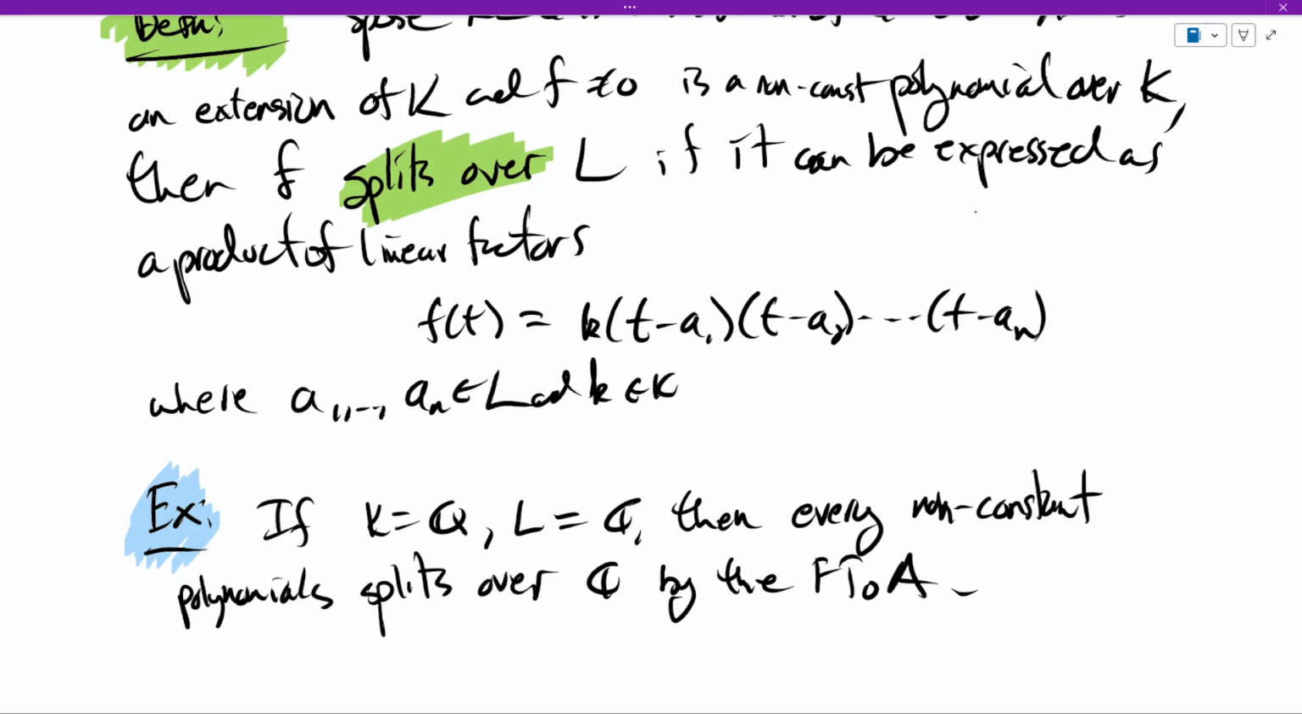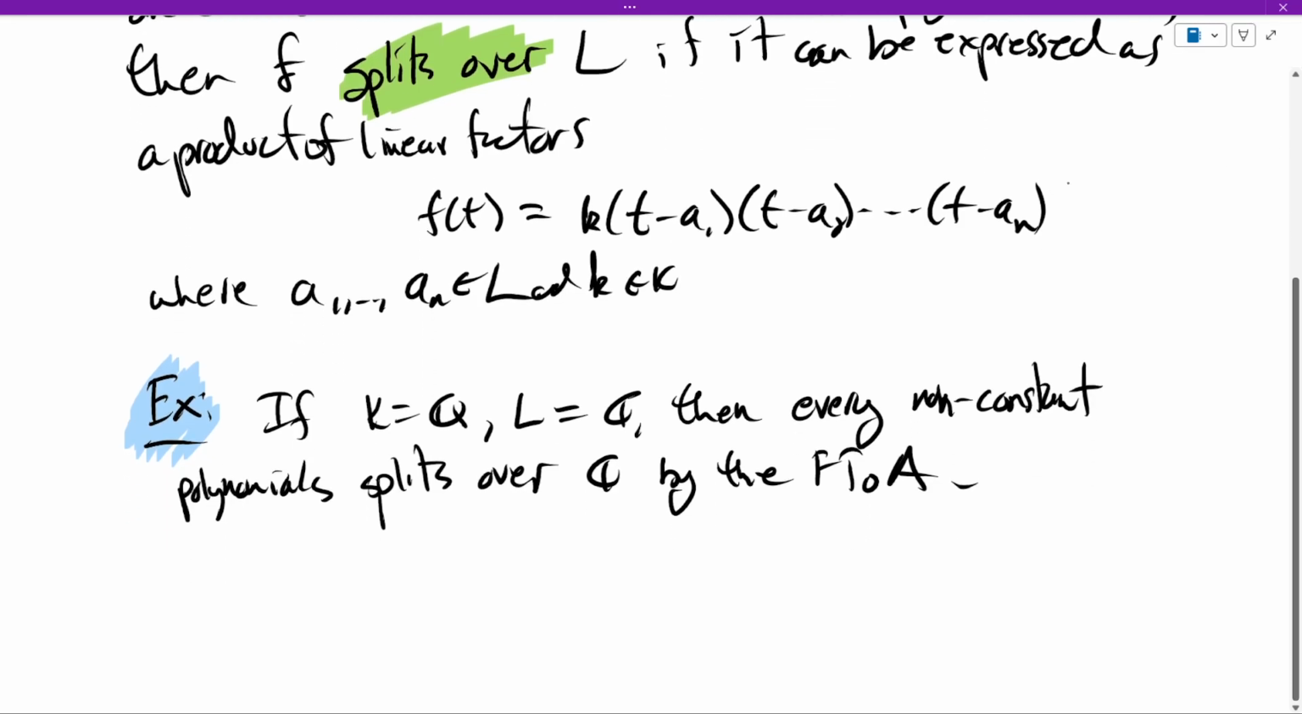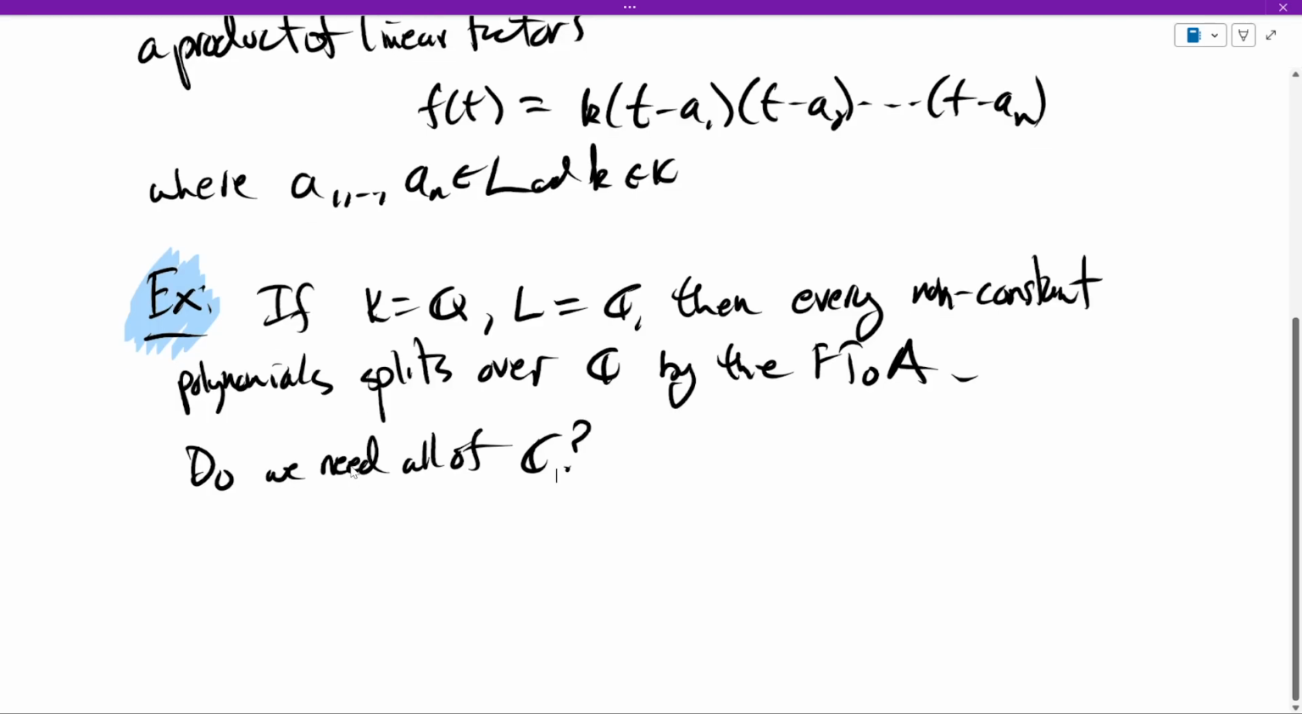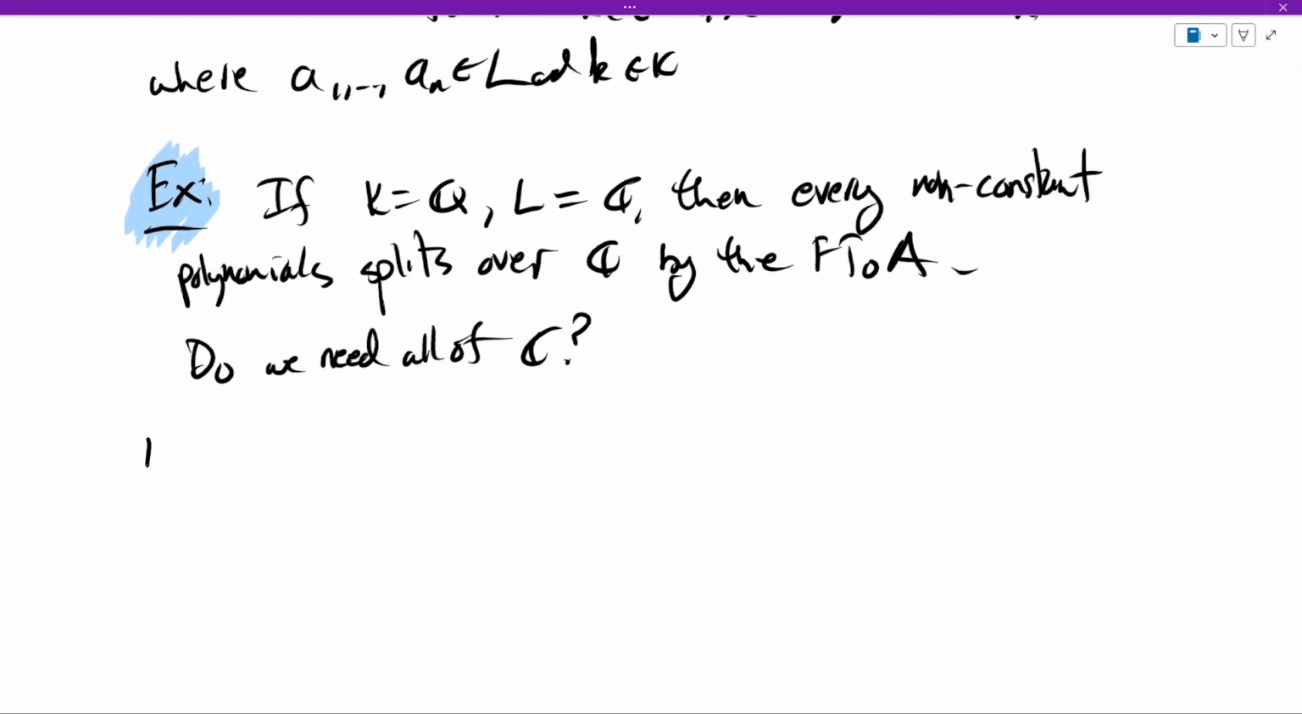Now the question is, well, do we need all of C, right? So do we need all of C? And the answer is in general, no. We really just need to add in sort of the finitely many roots. So as a follow-up example,